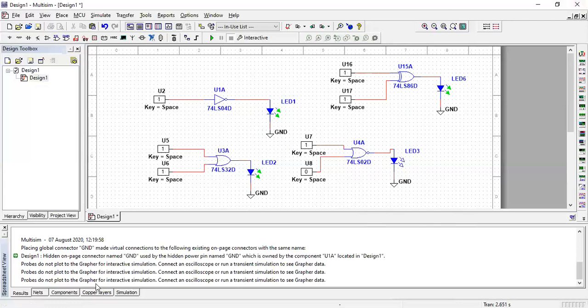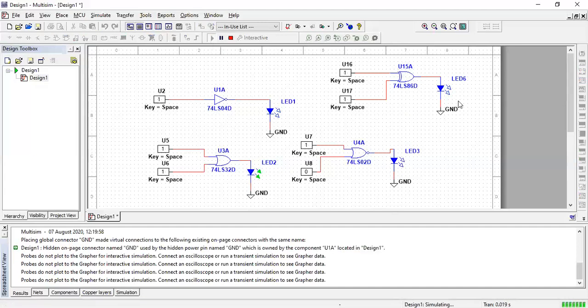Before that, the logic for the XOR is that if an odd number of inputs are 1, then the output is 1, otherwise the output is 0. So this is the logic that you have to remember. If we start the simulation, the output in the XOR gate is, if both inputs are 1, so inputs are in even number, so the output is 0. And similarly, if we make only one input 1 and the other input 0, so inputs are 1 in odd number, then the output is 1.